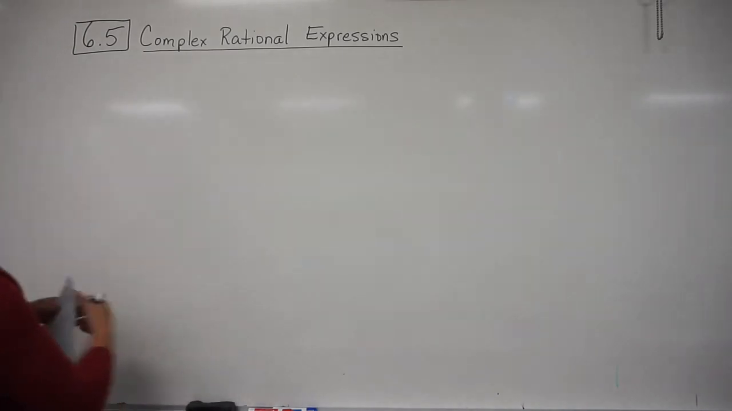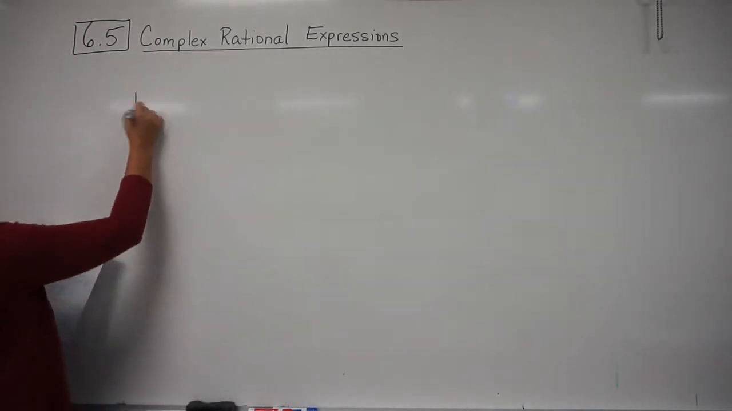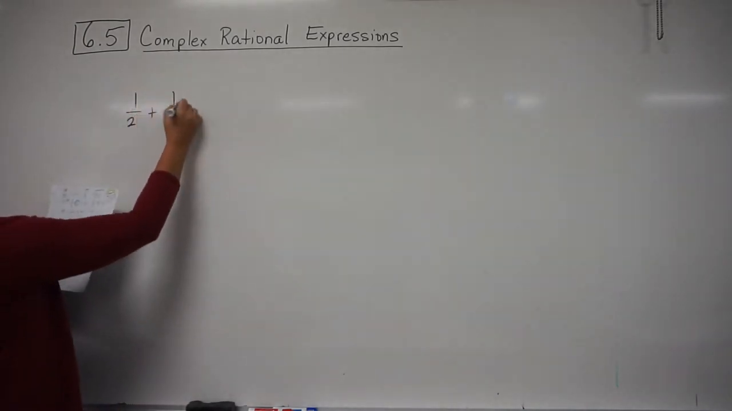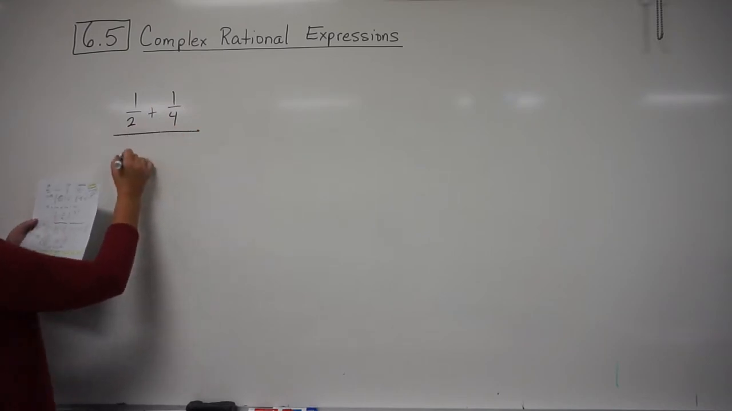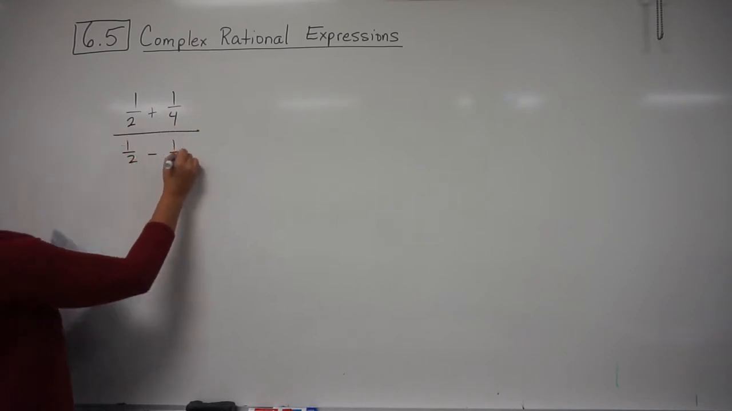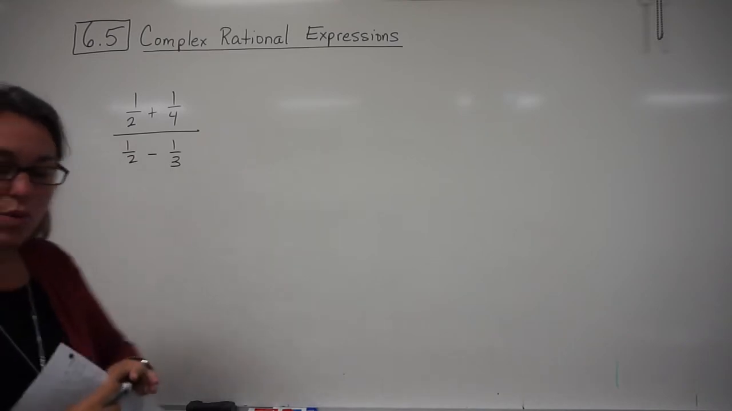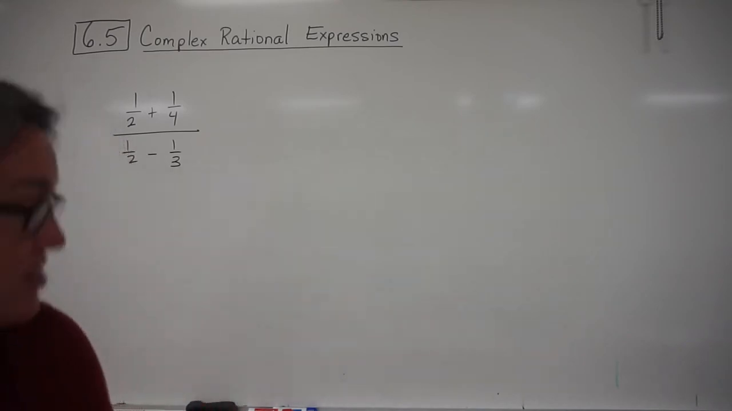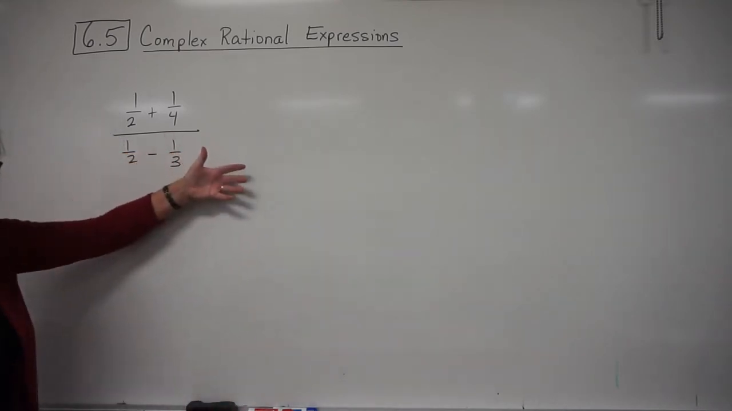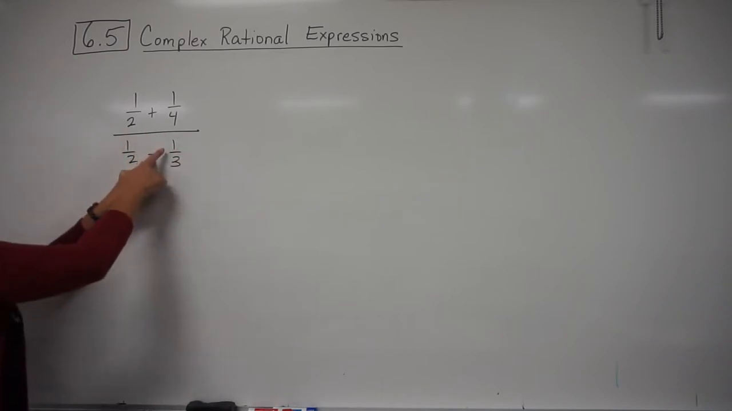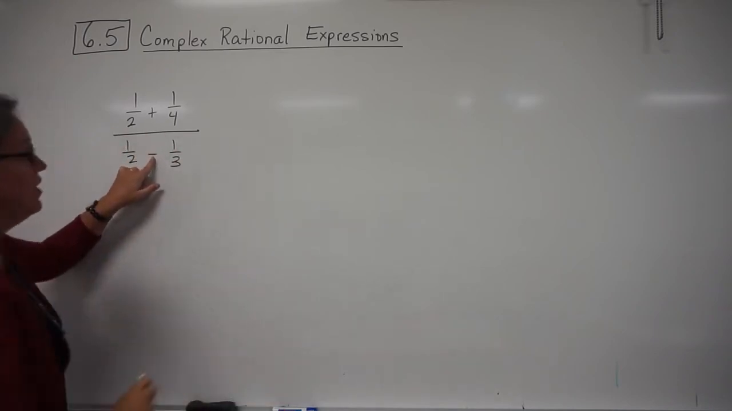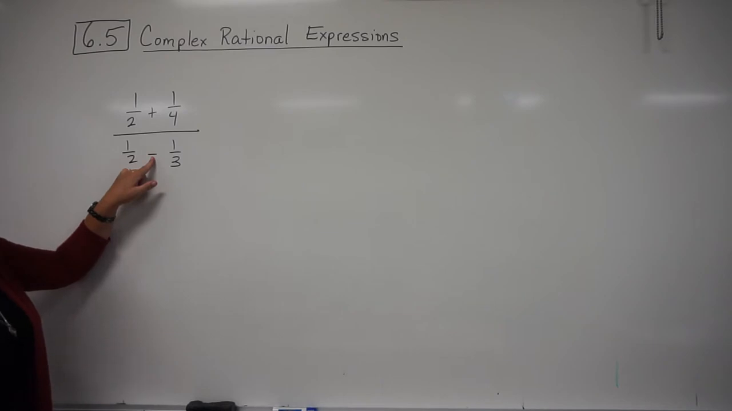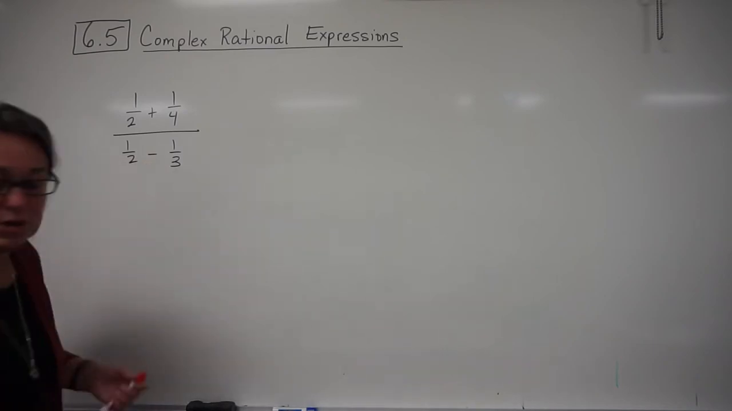Our second example is going to be 1/2 plus 1/4 over 1/2 minus 1/3. Now, with this one, you can't just flip it the way it is, because this is not a single fraction down here. This involves another operation, subtraction. So in order to do the